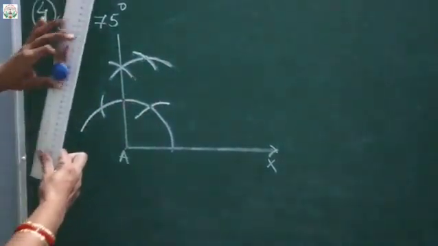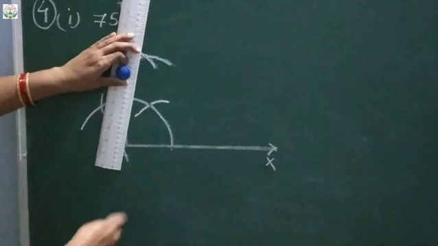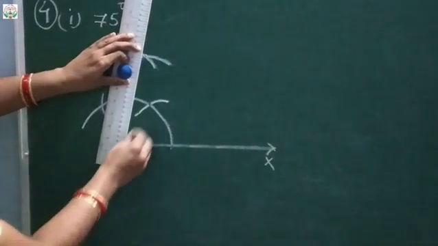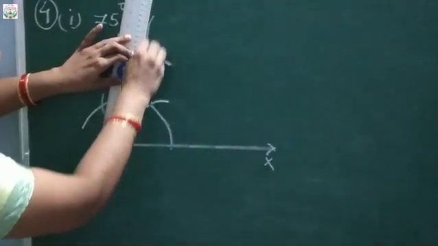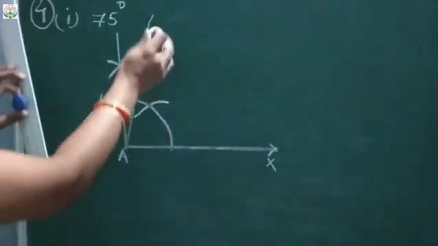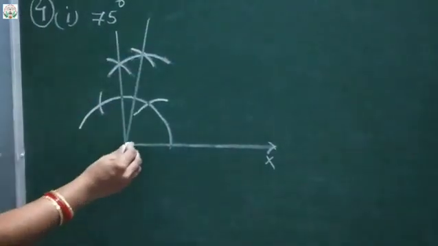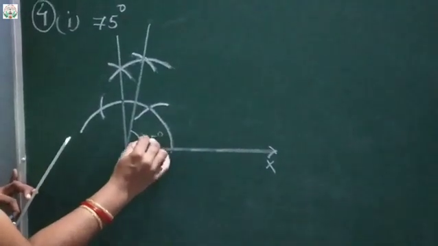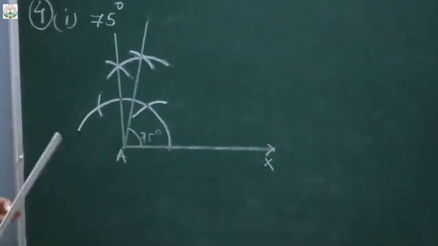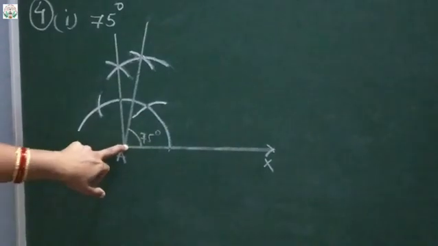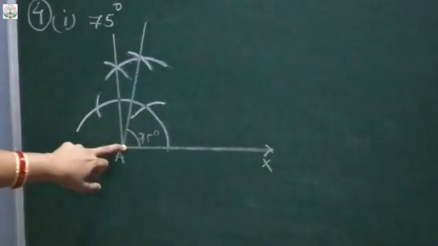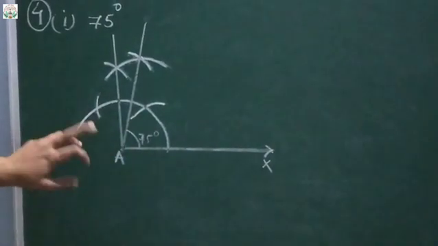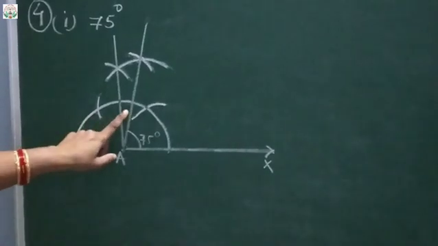So now with the initial point, draw a line. Okay, join this line likewise. So what is this? This is our 75 degree. Now this is by construction we have shown that this is 75. How will you measure? Because in the question it is given that with protractor show that this angle is 75.